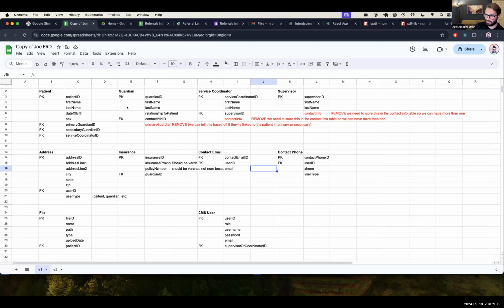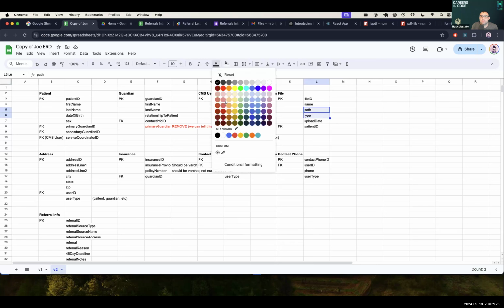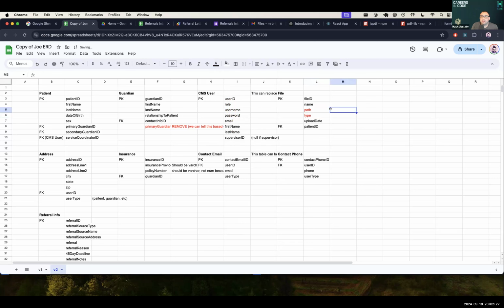All right, hang on, just to make sure I'm understanding that part correctly. In the V2 that you made, did we not have a file? Yes, we did right here. So instead of path and type, I would just say file contents and make file contents a blob. And if you're going to do things other than PDF, like being able to upload images, then you can keep type. You can always add it down the road too.